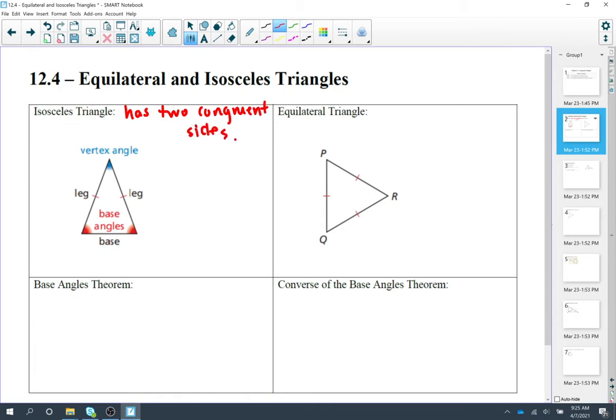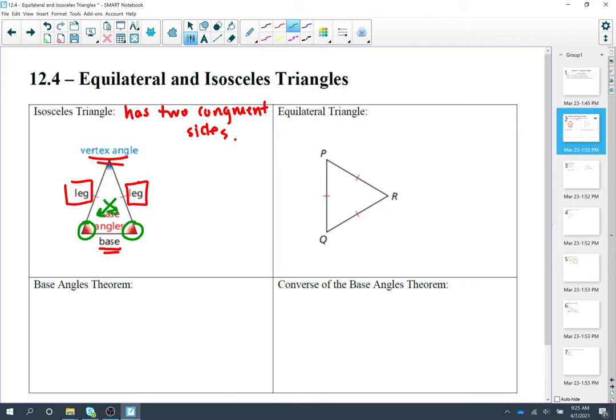So then we look at our image. Our two congruent sides are called the legs. They are equal in length. And then we have our base down at the bottom if we kind of sit him. We have our vertex angle up at the top. And then the most important here is going to be our base angles. So our base angles are the two angles at the bottom, which kind of sit opposite or across from our